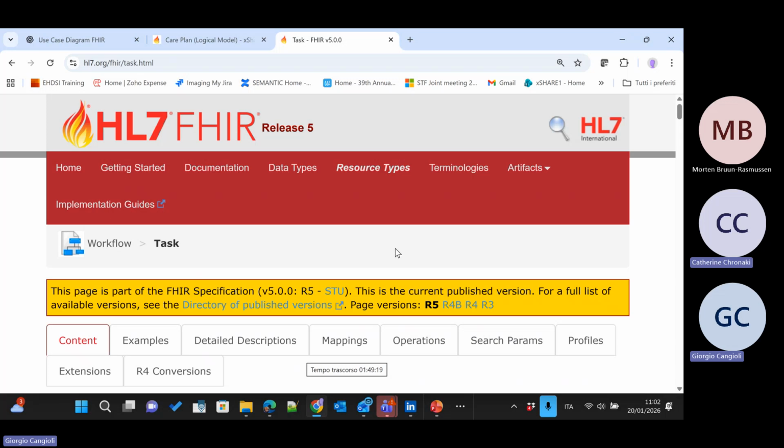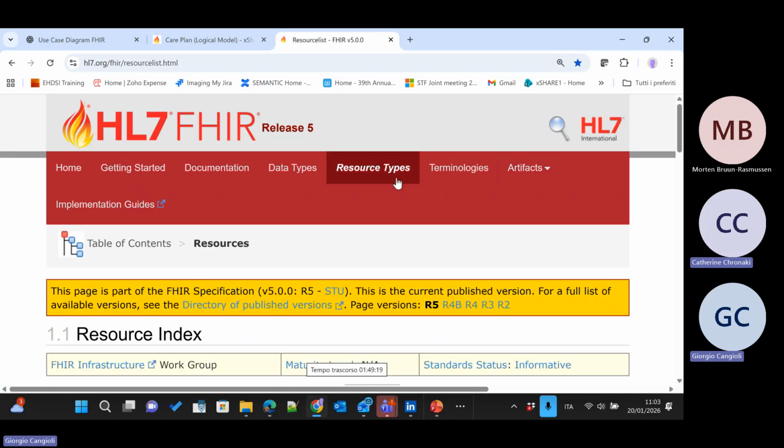Yeah. I never use it, sincerely, but in the service request, you have the advantage of defining some specific timing, like do this 2 times a day, after breakfast, before breakfast. I guess this was not possible in communication request.